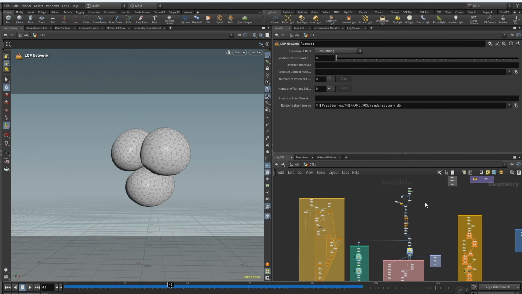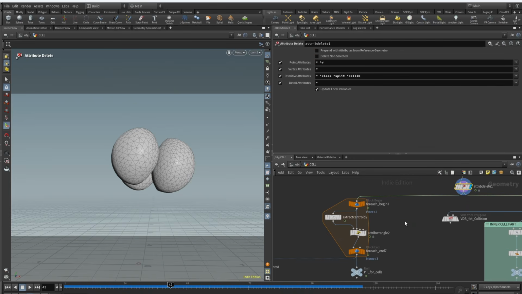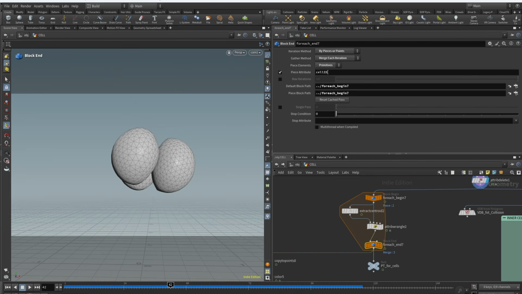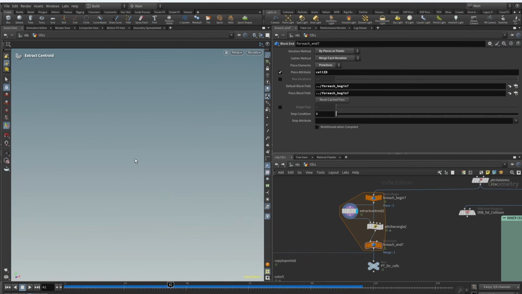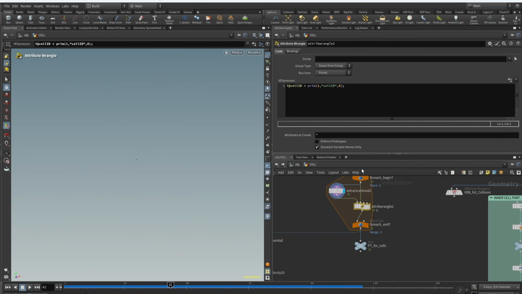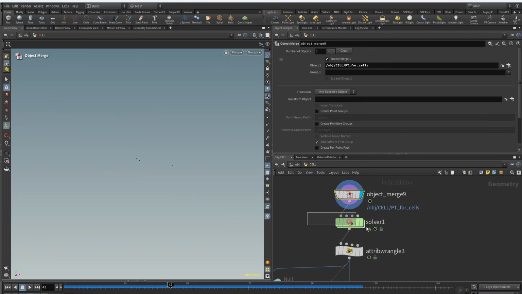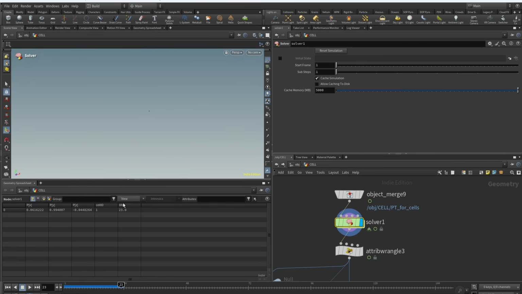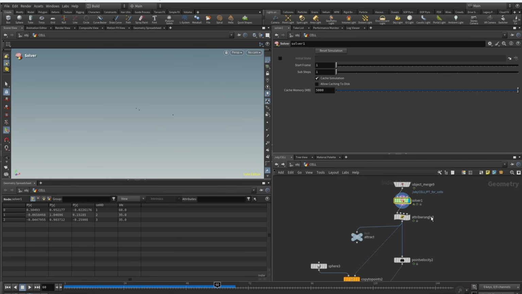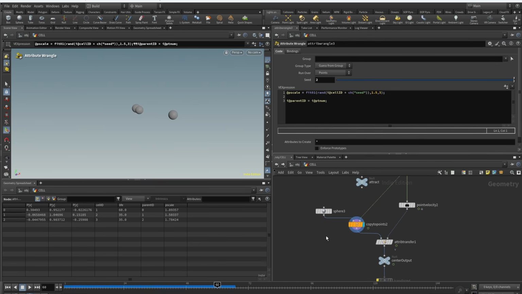Now let's check the core part itself. This object merge is fetching cell central points. I generated them in the for each loop, using cell ID to separate every cell independently. After that, extracting the centroid and copying cell ID to the generated center point. Inside the SOP Solver I created a life attribute, basically a one frame incremental. Setting pscale and parent ID, copying spheres to points,